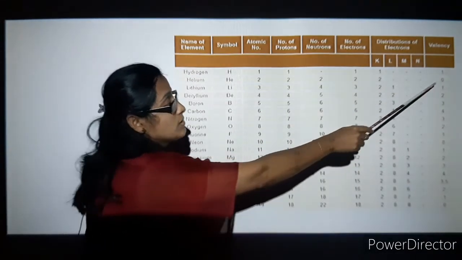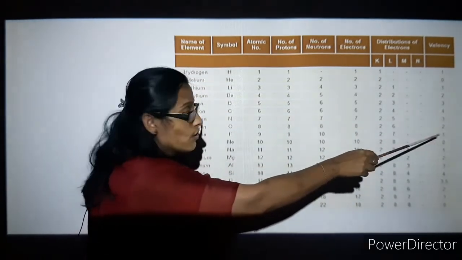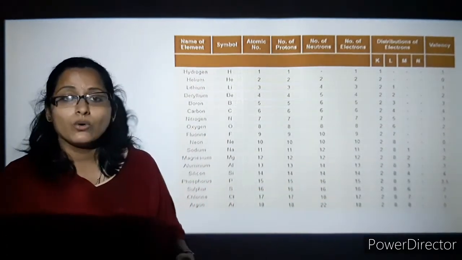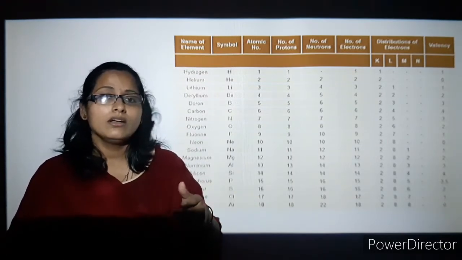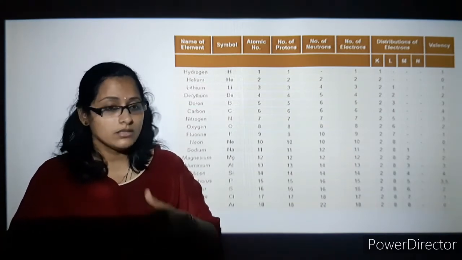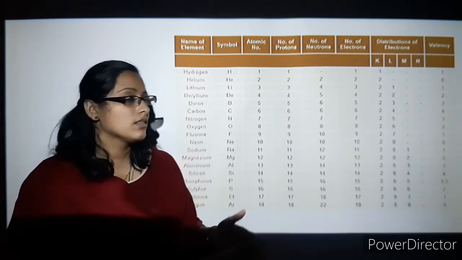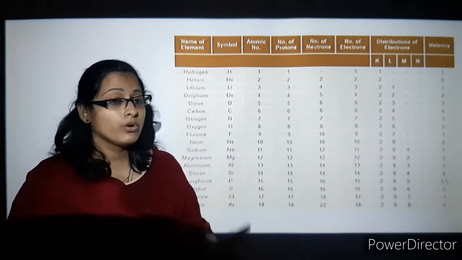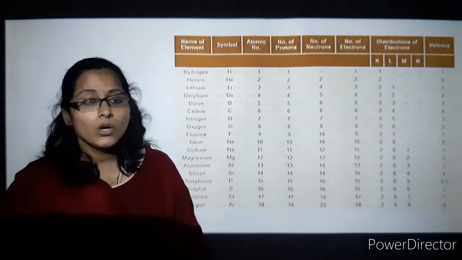So it's very easy to understand. 1, 0, 1, 2, 3, 4. Then again in reverse order, 3, 2, 1, 0. Then again 1, 2, 3, 4. So you can see how it is working. It increases and then decreases. 1, 2, 3, 4, then 0. Then 4, 3, 2, 1, 0. Then 1, 2, 3, 4. So wherever you go wrong, if you write valency 5, 6, 7 or 8, you know that you are going somewhere wrong. So this is the way you can write the valency.